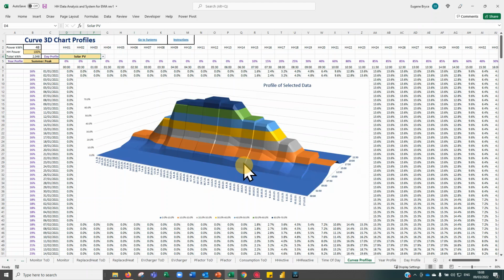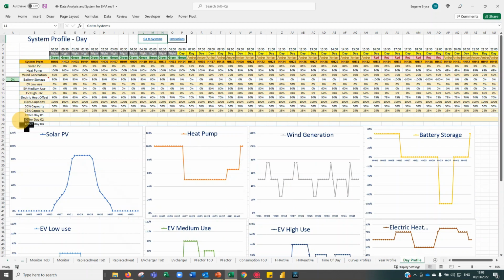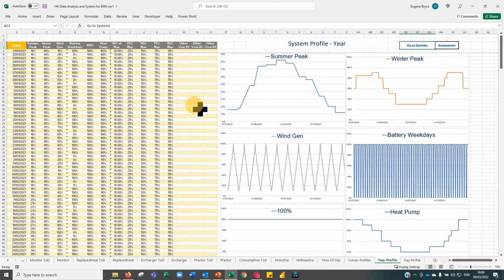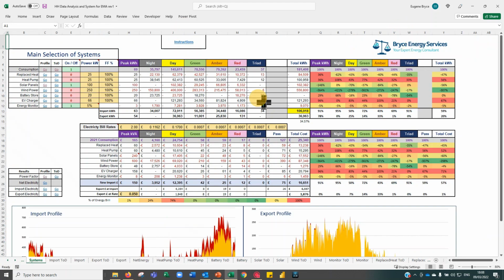So summer peak, switch back to solar PV. This sheet is just for you to experiment with the solar profiles or the system profiles that you build in year profile and day profile. You can take any of these profiles, and the spare ones that you can use. Similarly for year profile, there are other ones that you can populate with whatever equipment you might like to see. So I go back to system, use the links. I only added the links for the EMA presentation, so hope you appreciate it. So if we go to our solar panel time of day,